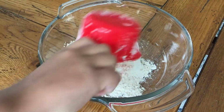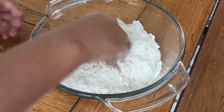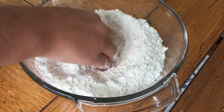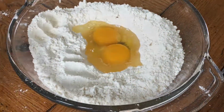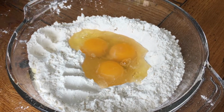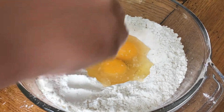Start with our pasta. 2 cups of flour, just right into a bowl. Then you want to make a well and crack in 3 eggs into the middle. Once you have those 3 eggs cracked right in, you want to put in around a half teaspoon of salt